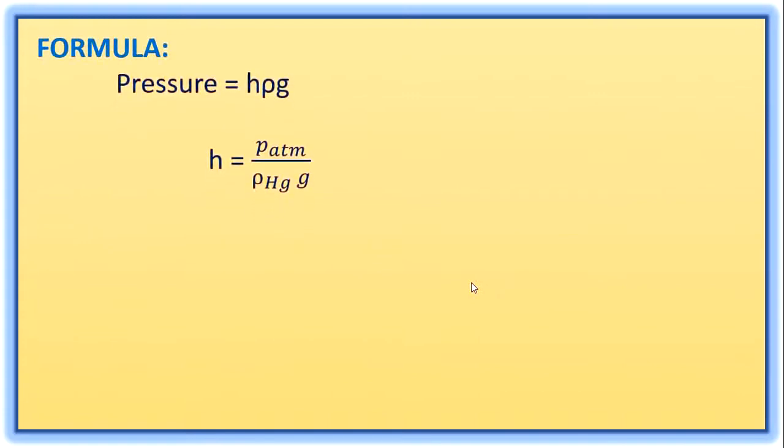So what is the formula to find out the height of the mercury barometer? We know the pressure at a liquid column, that is pressure is equal to h rho g. From this we can calculate the height. So we keep the height as it is. Now bring this rho g to the denominator. So pressure by rho g. Here pressure is the atmospheric pressure, so we can write P atm. And then density is the mercury value, so you have to write rho Hg. So h is equal to atmospheric pressure by density and acceleration due to gravity.